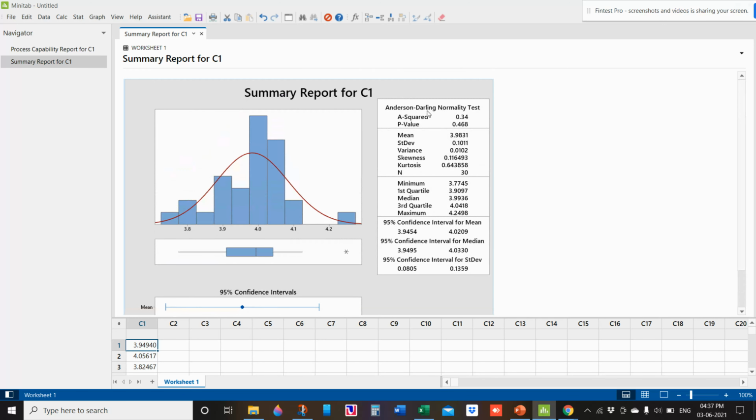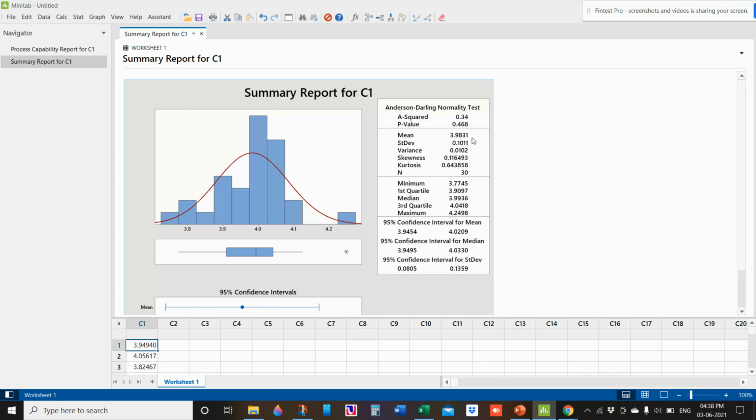So it will give you the normality test result for the Anderson-Darling normality test. The P-value is 0.468. So the meaning is, 46% of the time the data point in the production, the next slot that you're measuring, will fall within the 95 percent of the population or 95 percent confidence interval. And these are the things it gives. So this is a right probability distribution where you can see everything in a single graph.